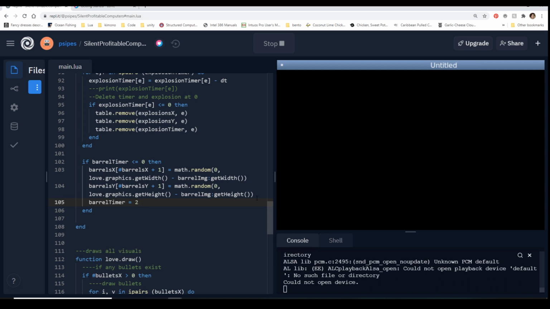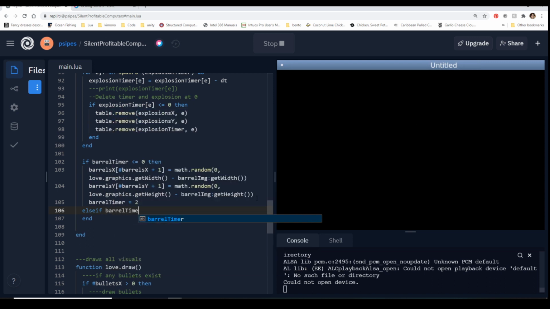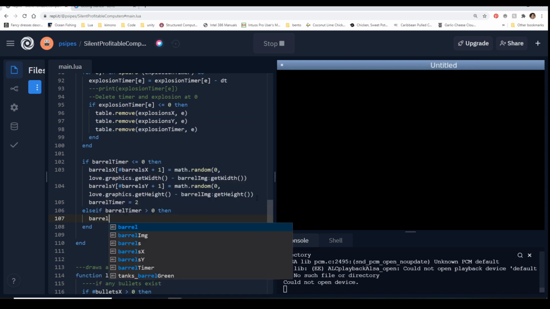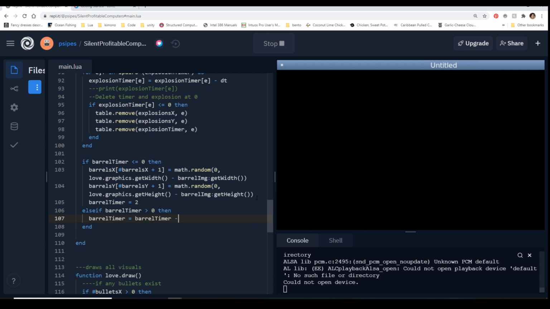But right now, nothing's changing the timer. So we just say, okay, so if it's less than 0, we want to do that. But if it's not less than 0, we want to do something else. You could just say an else statement, but in this case, to make it explicitly clear what you're doing, we can use else if barrel timer is greater than 0, then, and what you do here is you can say barrel timer equals barrel timer minus dt.